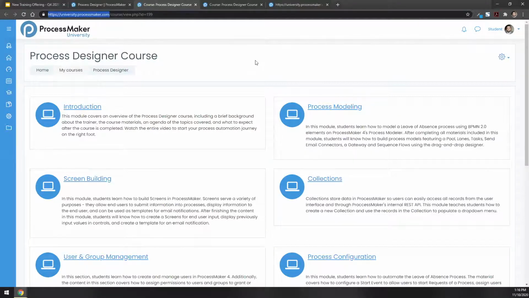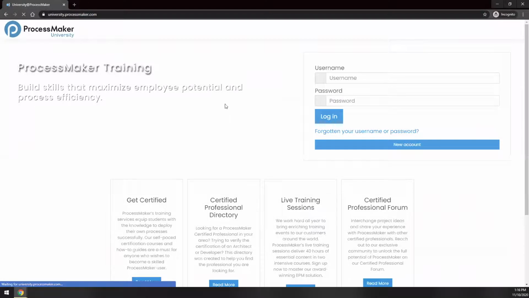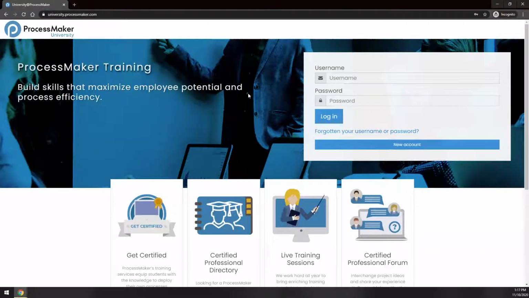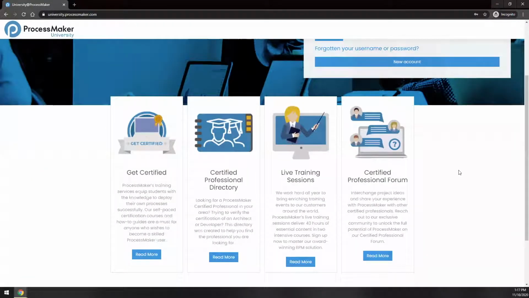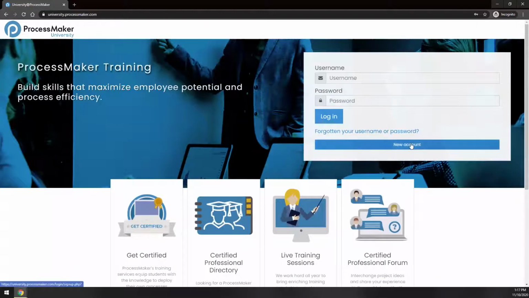Of course, I'm already logged in to ProcessMaker University, but let me show you what happens if you don't currently have a ProcessMaker University account. For that, let me just open another window here. So this is what you will see if you don't currently have a ProcessMaker University account. Now here, in addition to all of the information to quickly get you started on ProcessMaker University, you have the option to create a new account. So you just need to click here